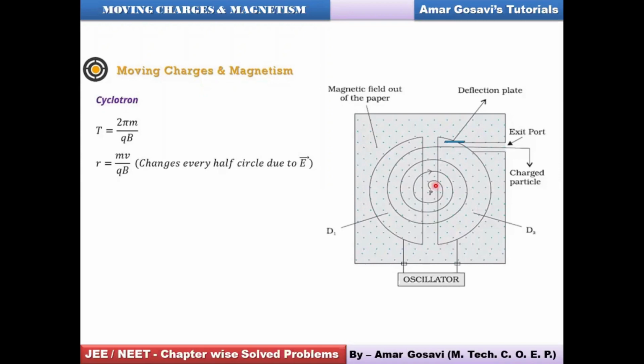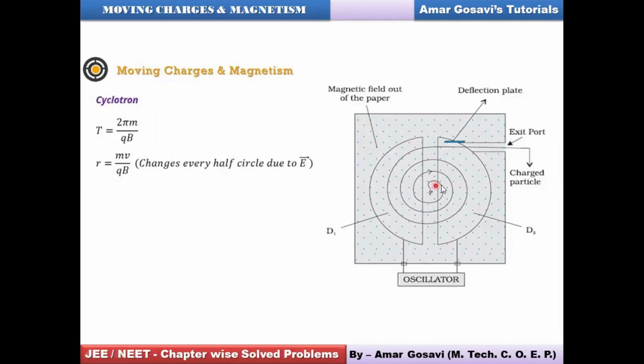Let's have an understanding regarding how it works. So here, when I place the positively charged particle, initially, say for example, D1 is positive and D2 is negative. So this positively charged particle will be repelled by D1 because D1 is positive. So it will throw this positively charged particle towards D2 and D2 will attract it. Why? Because D2 is negatively charged. So obviously opposite charges attract. So therefore you can find this particle jumping into D2 first.